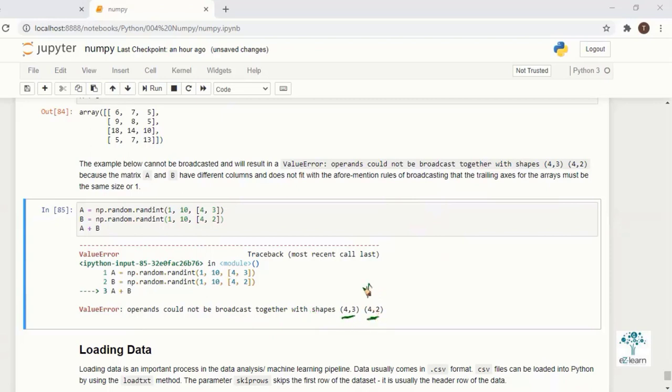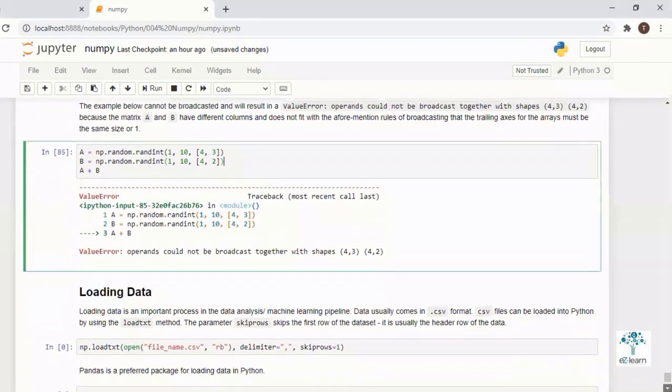But if it is 4 comma 1 it will work, because the condition for broadcasting is that it should have a single axis, so it gets broadcast to 3 columns. But 4 comma 2 is not broadcast here, that's why it shows an error. So broadcasting is built in. If you use a single axis, it gets broadcast.